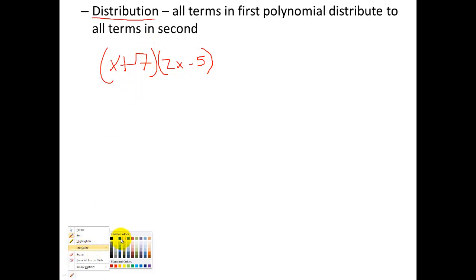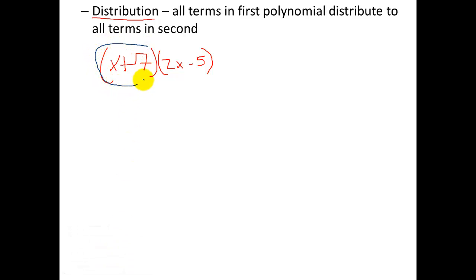Okay, the second way or method that you can do this is just distribution. It's called double distribution or multiple distribution, I guess. So every single term in the first polynomial distributes to every single term in the second polynomial. The reason this makes sense, let me make another simple example. So you have x plus 7 multiplied by 2x minus 5. You could think of this whole thing as one piece, and you're distributing it here and here. So if you did that, you'd have x plus 7 multiplied by 2x,